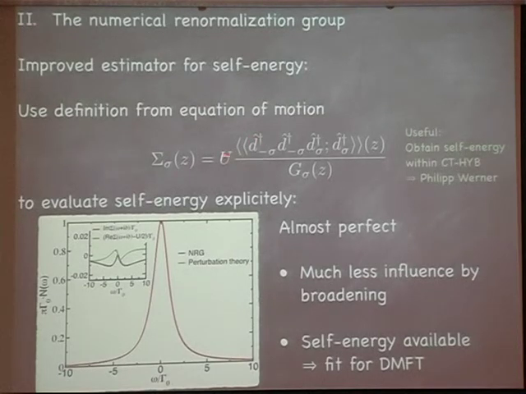And once you calculate that object divided by the Green's function, multiplied by U, you get that curve here. So here again, blue is NRG, red is perturbation theory, and you see no difference. They're identical. This is not only because everything is zero. It's shown in the middle here, where you see the self-energy. Now the self-energy is not zero, it's small, but it's not zero. It has very characteristic structures, namely the real part shows a very nice linear region around zero, and the imaginary part shows, if you're willing to buy me that, a parabolic part. So that's wonderful, you can use DMFT now.